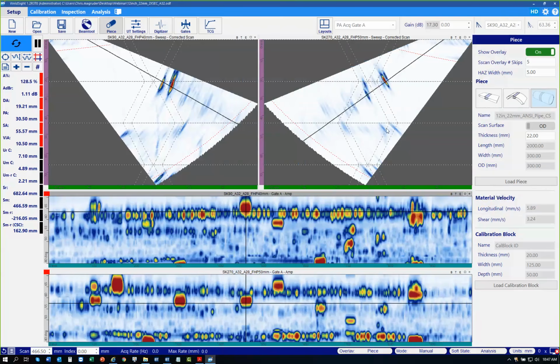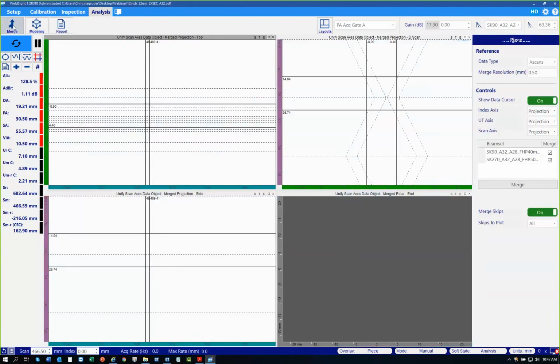So I'm going to go to Analysis, Merge, and I'm going to run the merge at a default 0.5 millimeter resolution. I could have done a shortcut key, or I can come into this form and just select the merge. So this form